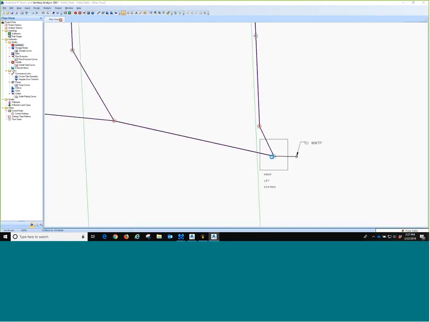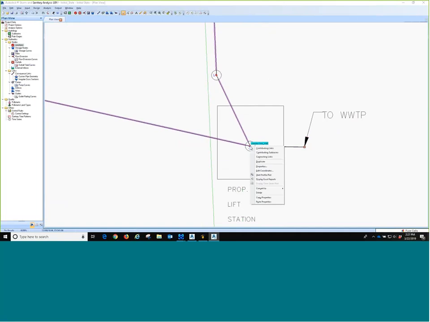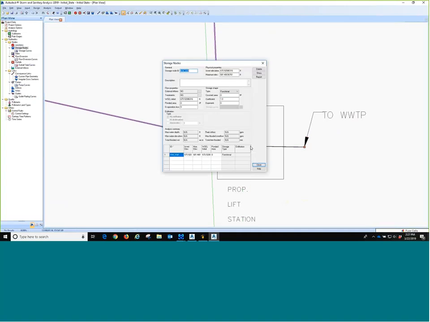But the wet well is not yet a storage node. So I'm going to right click, say convert to storage node. Okay. So when I double click on my storage node, I can actually use a stage storage curve. So if this were a pond or something like that, I could set that up. I can actually import a stage storage based on the contours that I created in Civil 3D. But in this case, I'm just going to use a constant area,